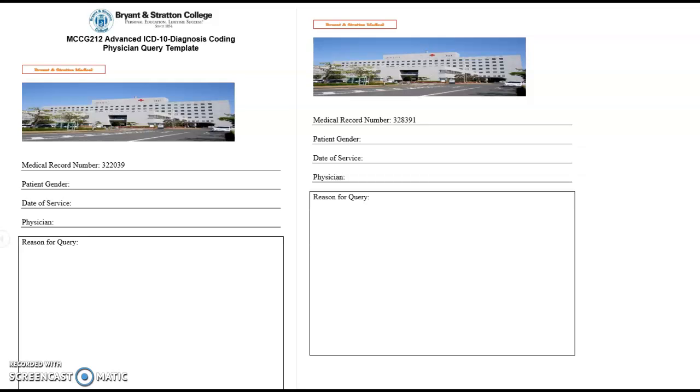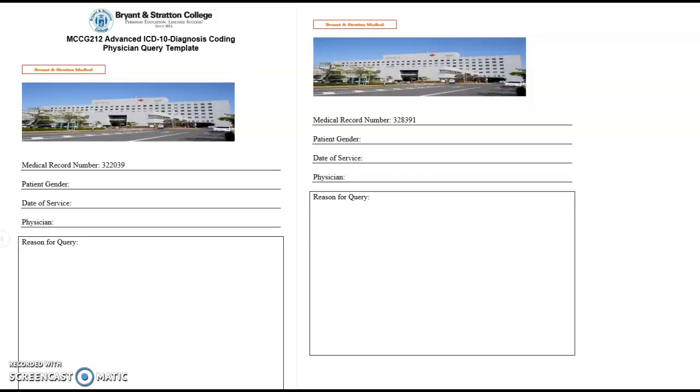Good morning. I wanted to go over the physician query that is due this week assignment. So there's two different cases that you are going to review. I just wanted to give a couple hints on this, so students often struggle. So for the very first case,